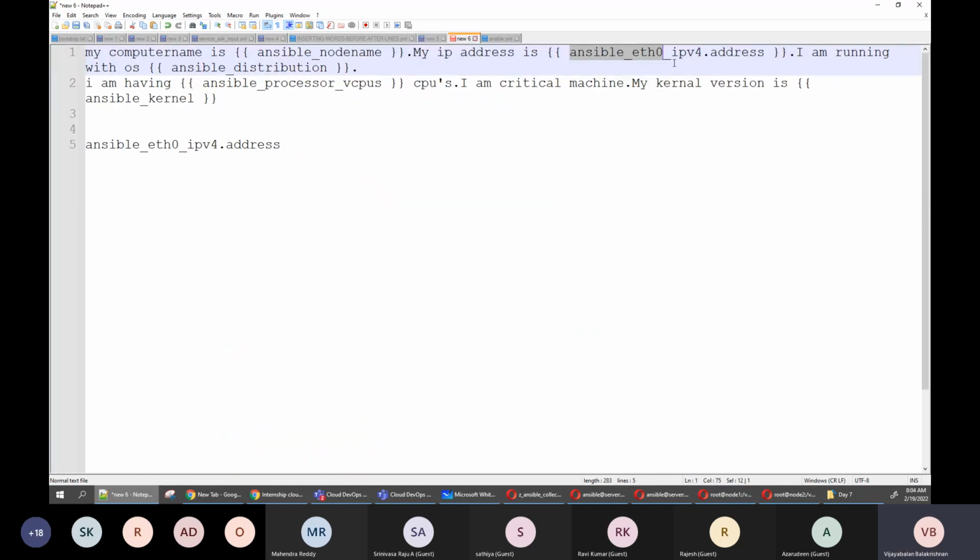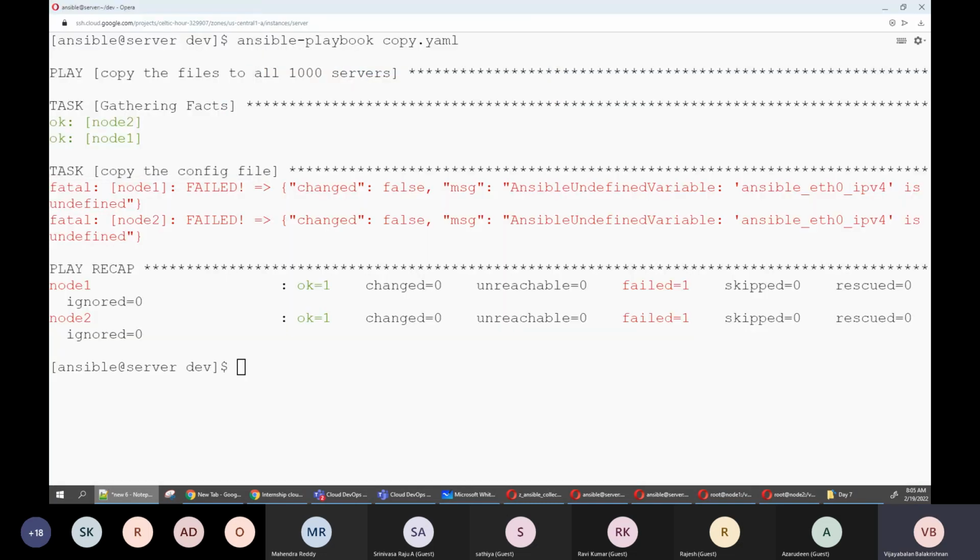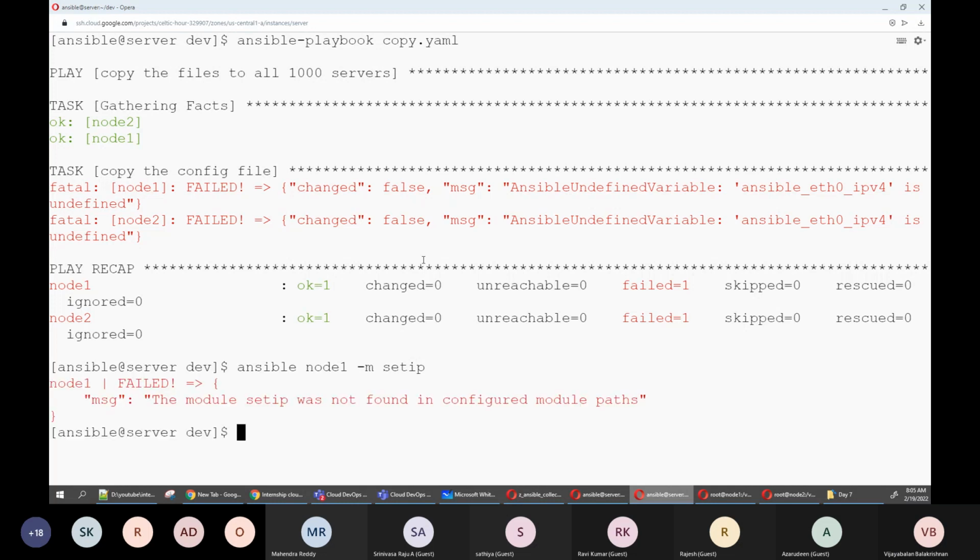So go here. Sometimes we can go here. Can we go and check ansible node1 -m setup? So what is this one? ansible_eth0. Okay. Sorry, a typo mistake, setup.